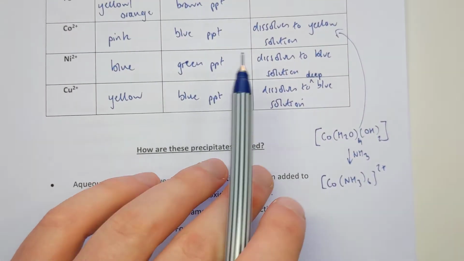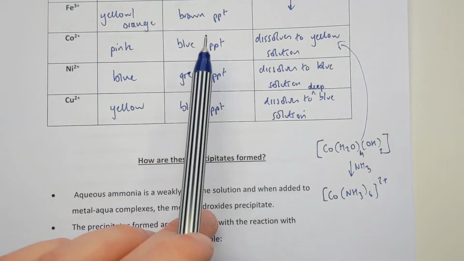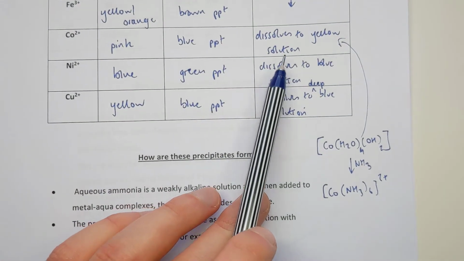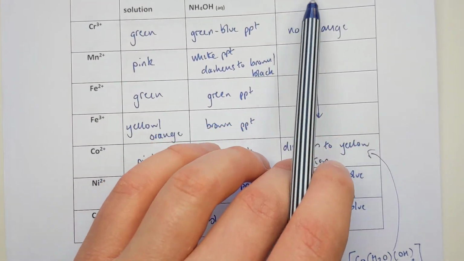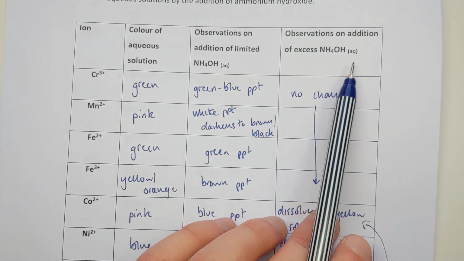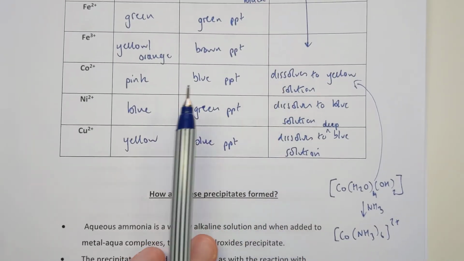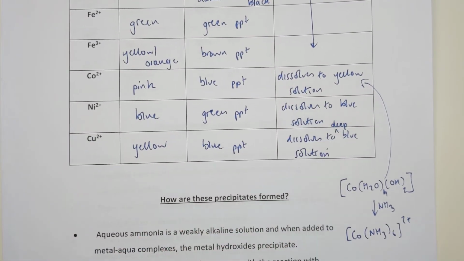So that's what's going to happen with cobalt, nickel and copper. That's why they go from being precipitates to solutions. The complex is actually changing. The ammonia you add is no longer acting just like a base. It's now acting as a ligand, which can bond to the metal ion and form a new complex which is